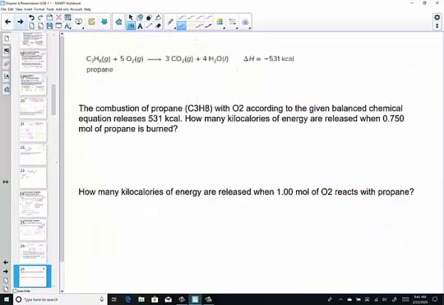Digest that. How about trying this one on your own? Well, this is going to involve a little calculation. So let's try this together. I'm not going to ask you to try it on your own unless you want to pause and take a little break, but I'll go ahead and model the first one. We're looking at a thermochemical equation, which is just a balanced chemical equation that includes the heat of reaction. And that is going to allow us to see that this is an exothermic process.